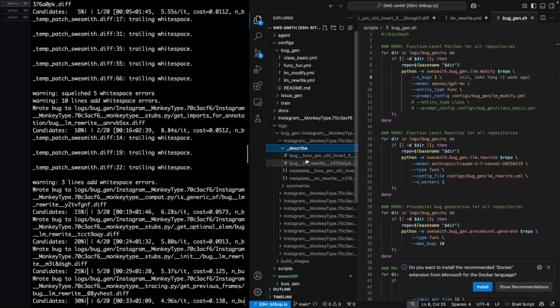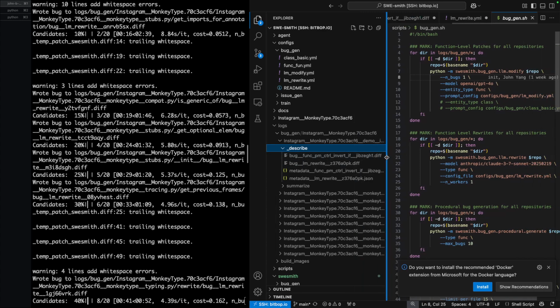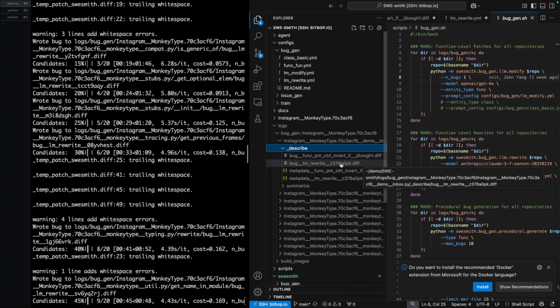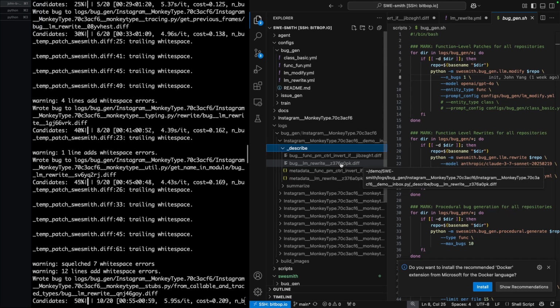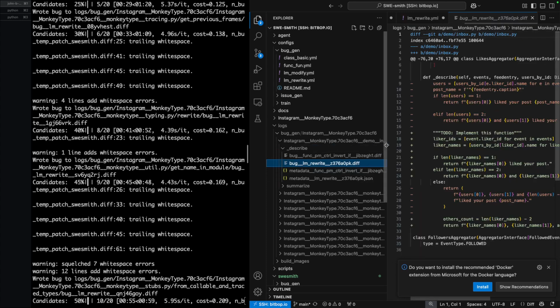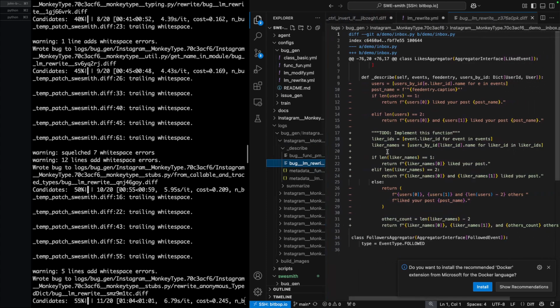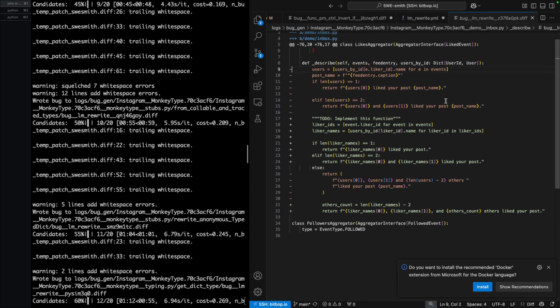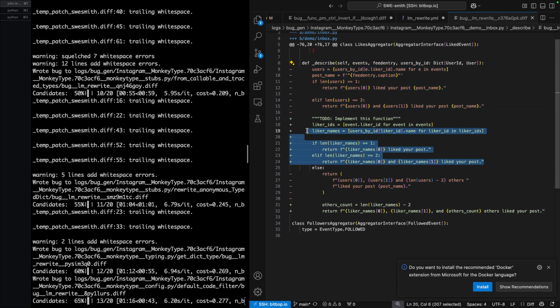There we go. So each of the bug candidates is saved as a .diff file, which is essentially the representation of the patch, which is a change that is going to be made to the repository to attempt to create a bug. And in a later video, I'll show you how to actually validate which task instance candidates actually break existing tests. But as you can see, this is the product of an LM rewrite bug. So the minuses in this case will refer to what the original function looked like. And then the pluses are going to